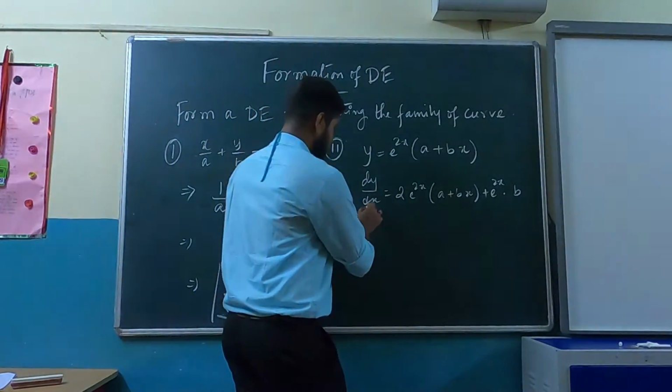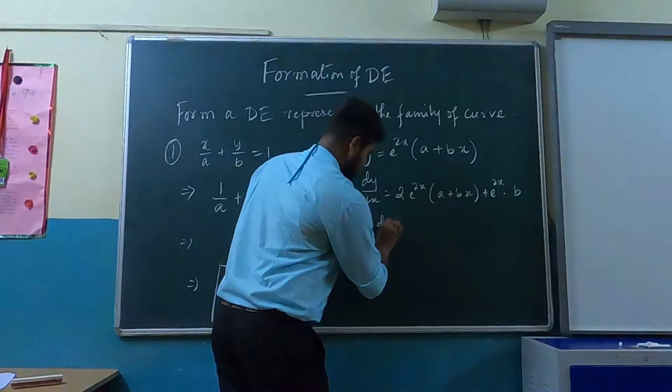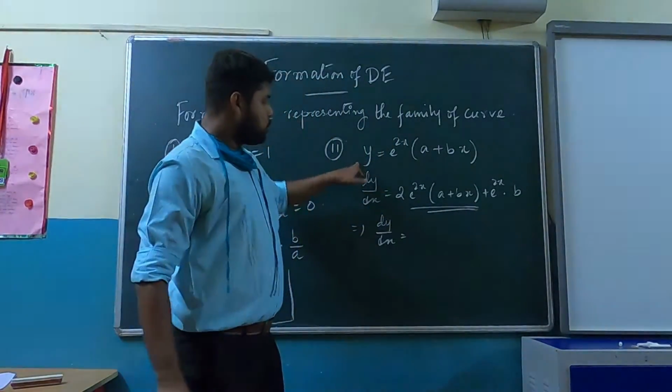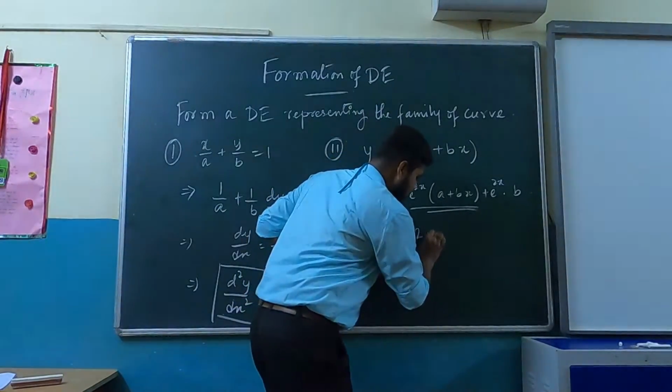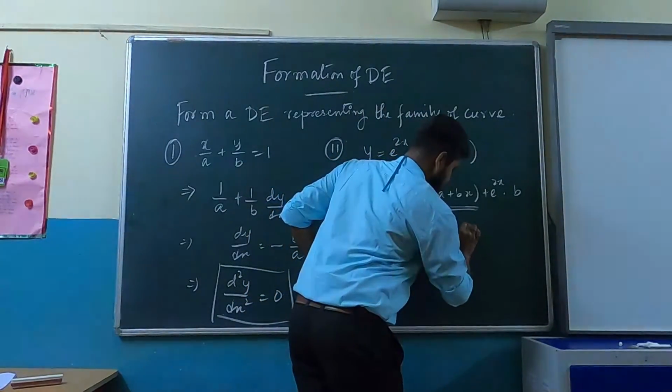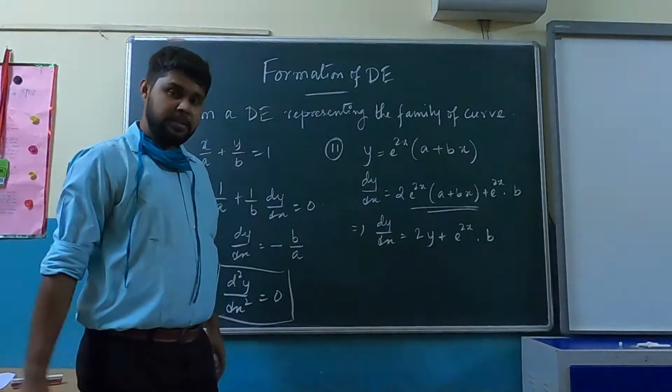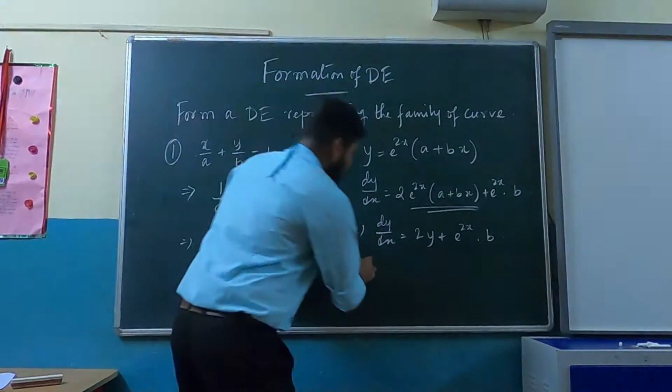Now this is basically your y. So this is 2y plus b, or